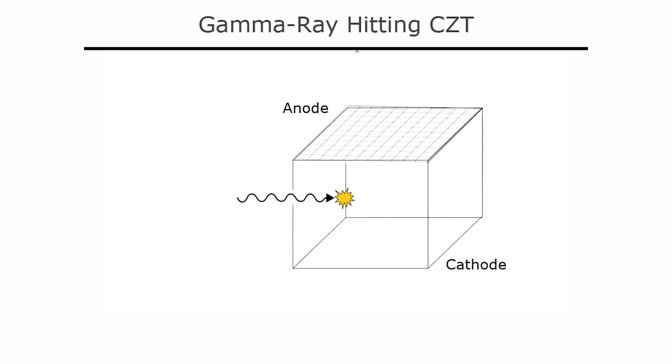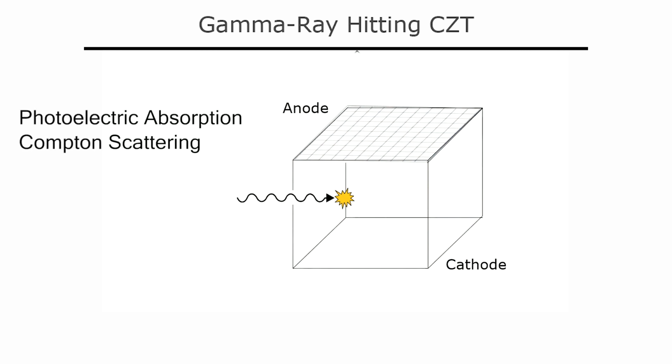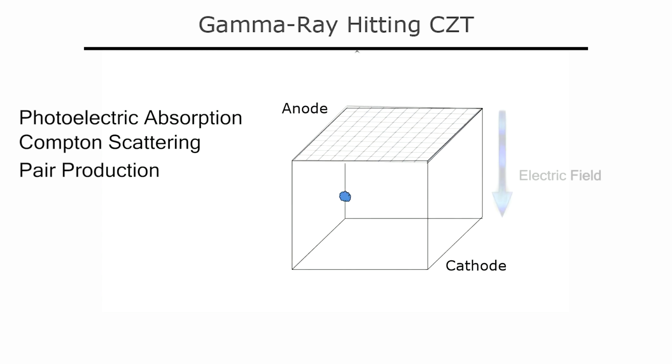When a gamma ray interacts in H3D's 3D position-sensitive CZT, one of the three types of gamma ray interactions will occur. These are photoelectric absorption, Compton scattering, or pair production. In all three instances, an electron cloud is produced whose charge is proportional to the energy the gamma ray deposited